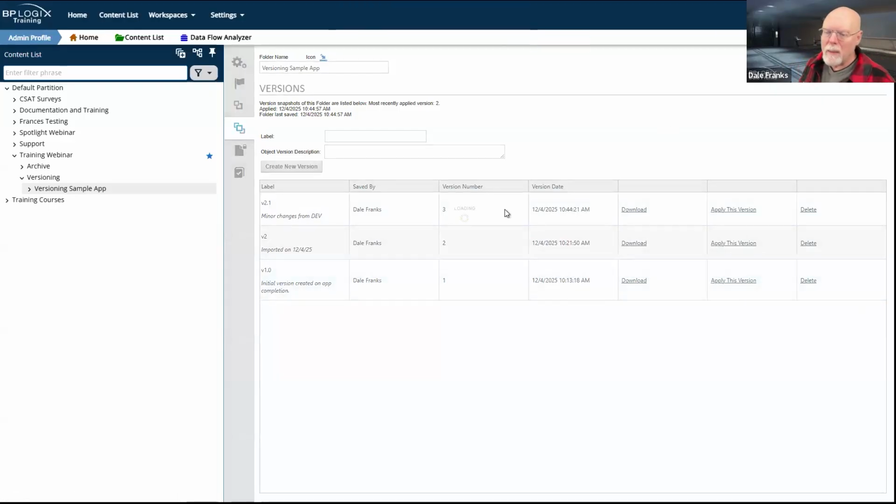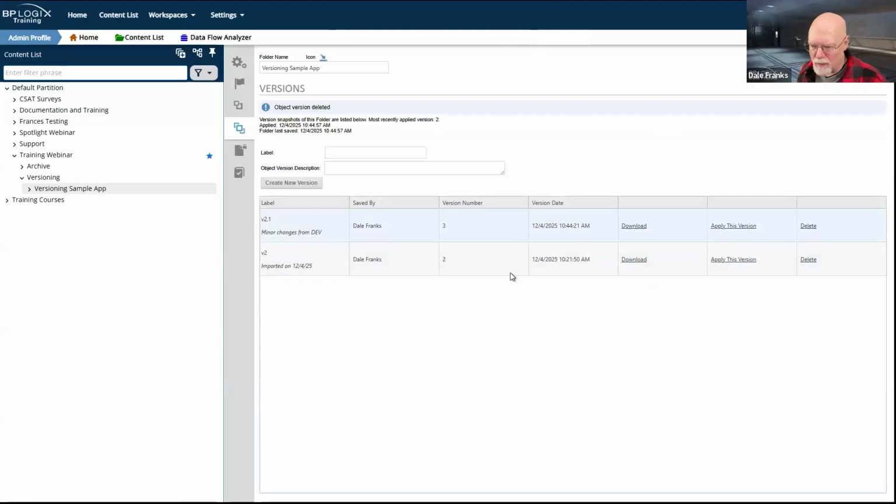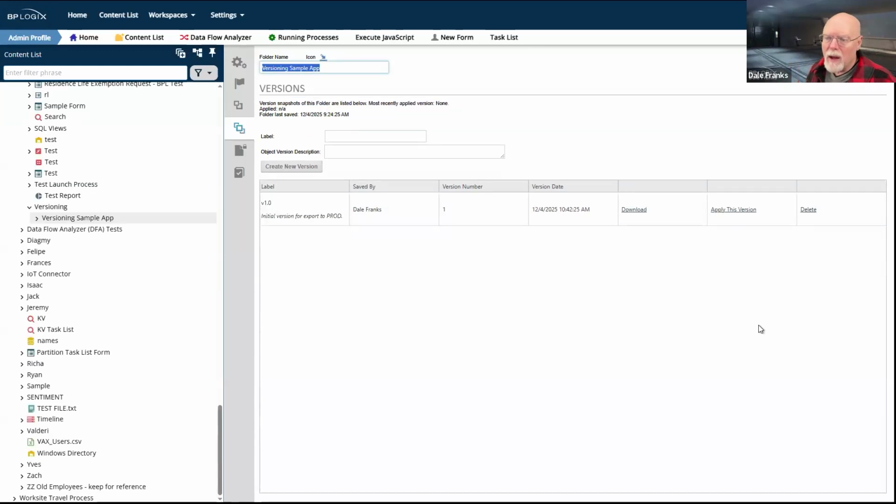And what I want to keep as versions on my production server are those versions that I could reasonably expect to roll back to if I find something wrong. So I might only keep 2 or 3 versions on a production server, whereas on a development server, who knows how many versions of this I might end up actually having. Maybe I have 20 or 30.